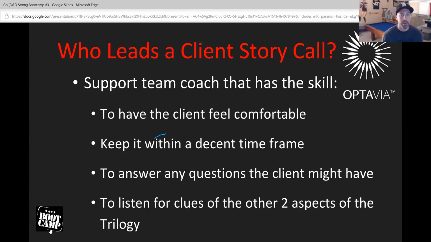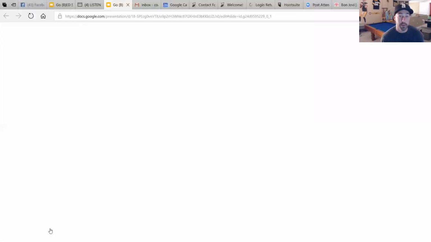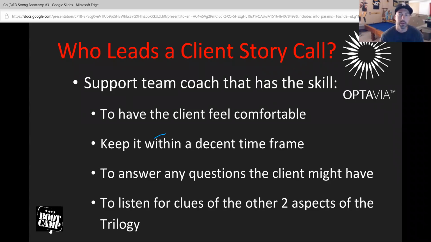So when you bring that person on, that's the main thing that helps them feel comfortable, that they're talking to someone that knows what they're talking about, a professional. That professional or your coach is not better at answering questions, but to the client, they think that person has a little more knowledge and is able to actually address their concerns.